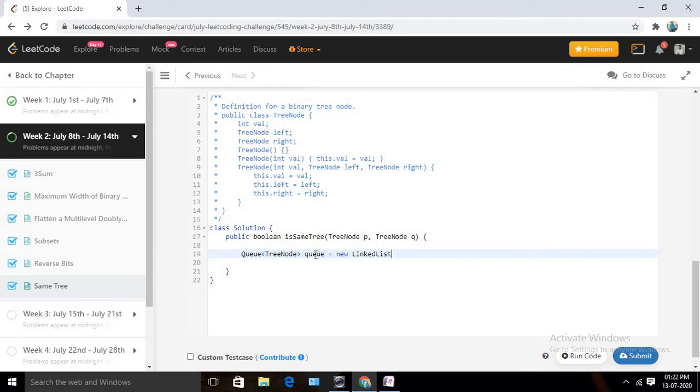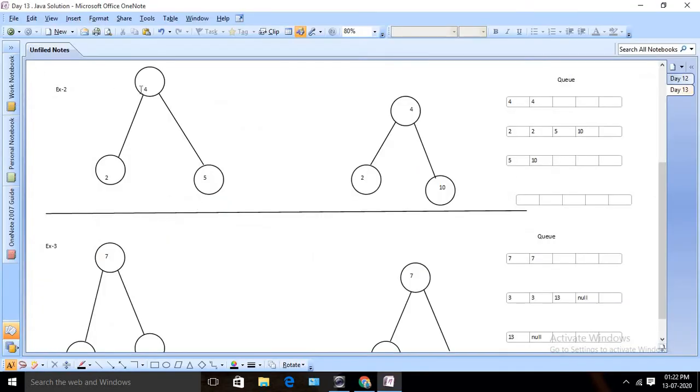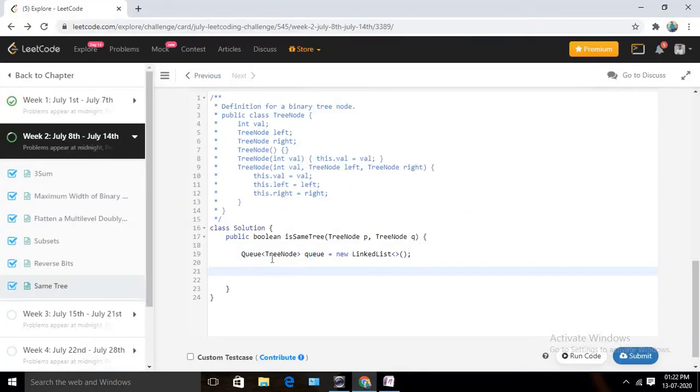So I am going to use the linked list implementation here. After that, as I already told you, at first we need to insert the head, or the root element. So whatever is the root, I am going to insert into the queue with queue dot add p, and similarly we are going to insert q also, right? So we insert both of the head nodes or root nodes.